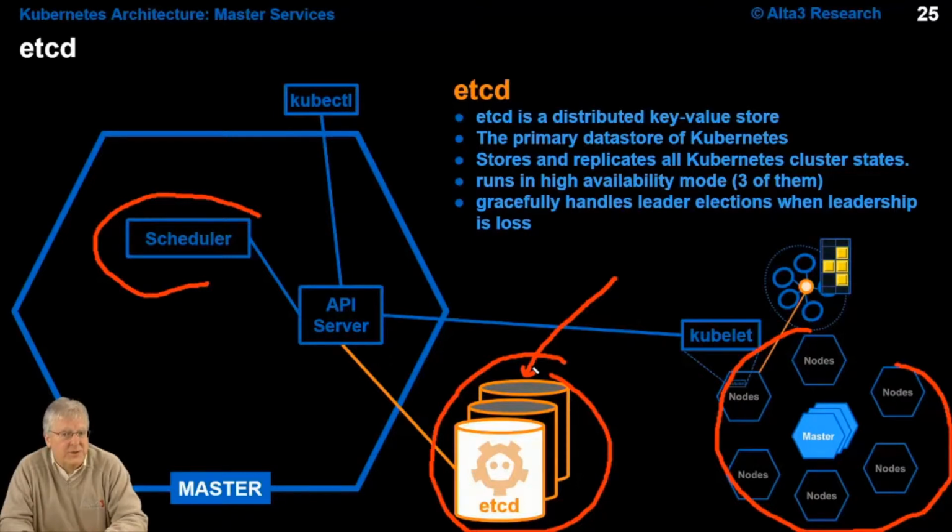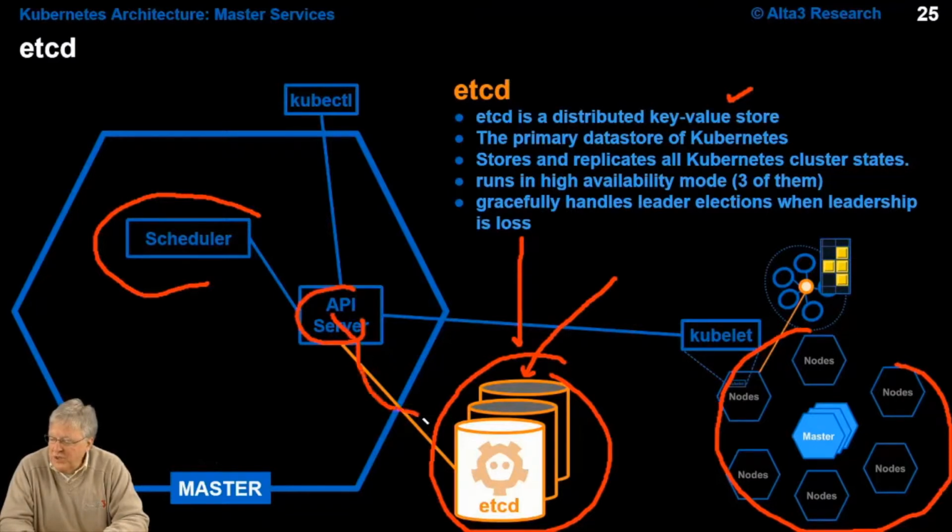etcd is the central database. It's a distributed key value store, which means it's all hash-based lookups. It's blazing fast, and this is effectively the database of the cloud. Look at it like this. Anything that happens on the cloud first happens on etcd. So the role of etcd is really to keep track of the cloud, or maybe what we should say is